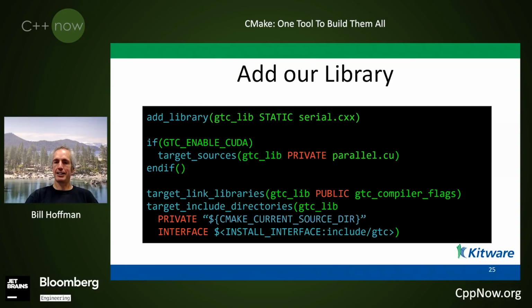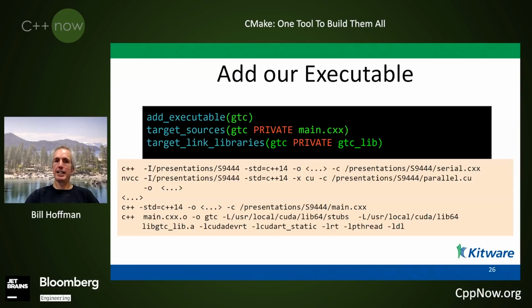I can link that library to those GCC compiler flags. And then I can set some include directories, both in the interface and the private. And then we can create an executable that links to this library. And then you can see when it goes to compile, it gets the -I flags right, the standard C++ flags right. It runs the CUDA compiler and NVCC, and it links it all together and does all this for you,